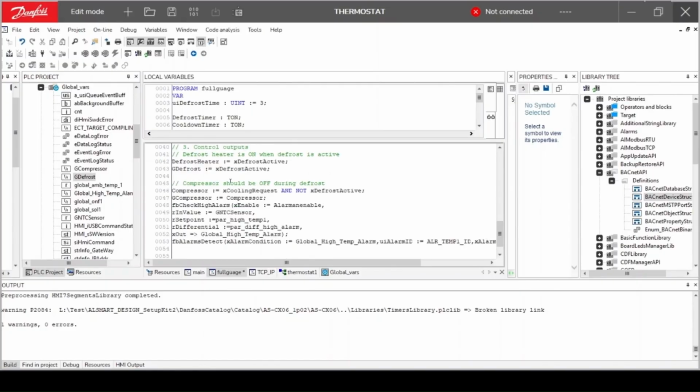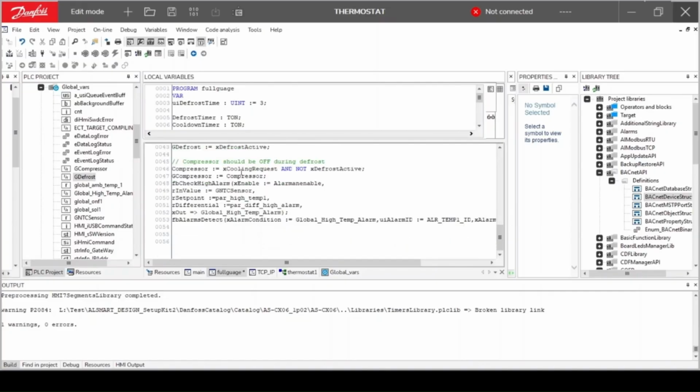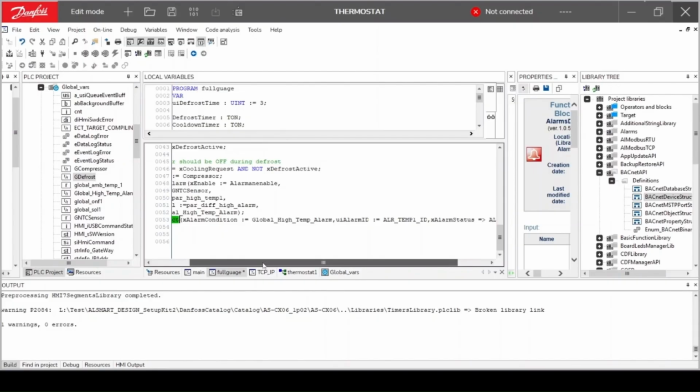We found here the logic, and we have this function for the alarm when the NTC temperature sensor is greater than the alarm value, we